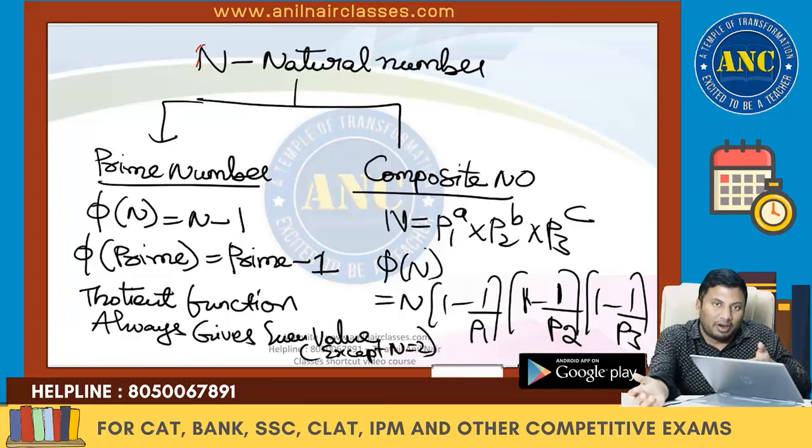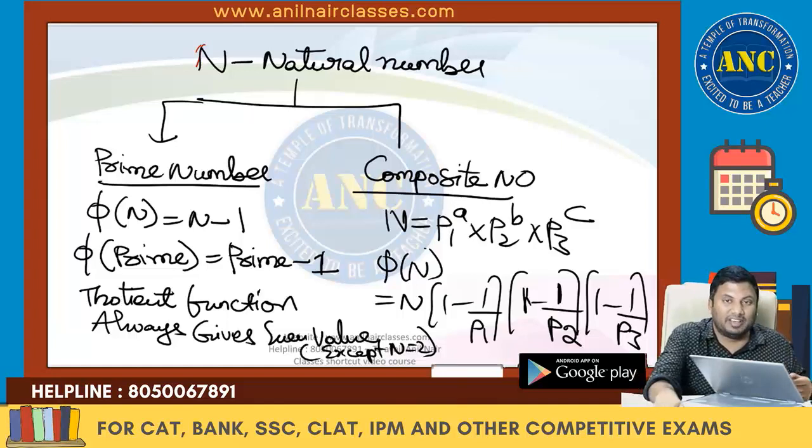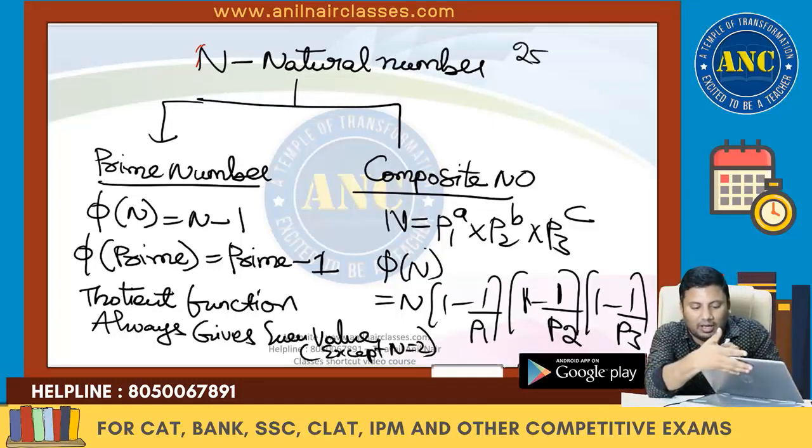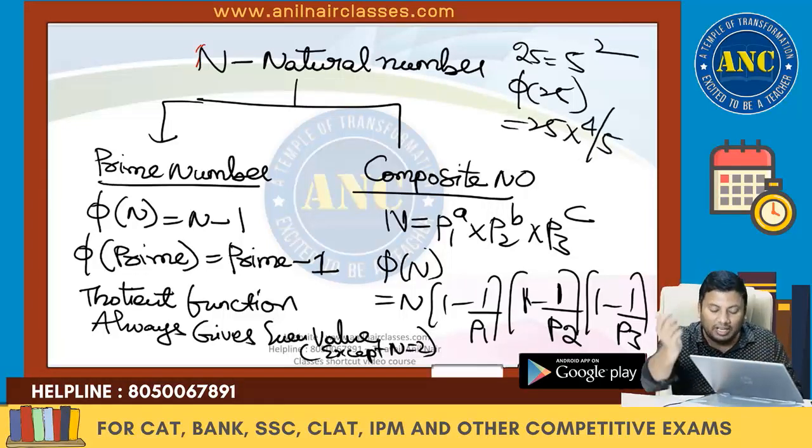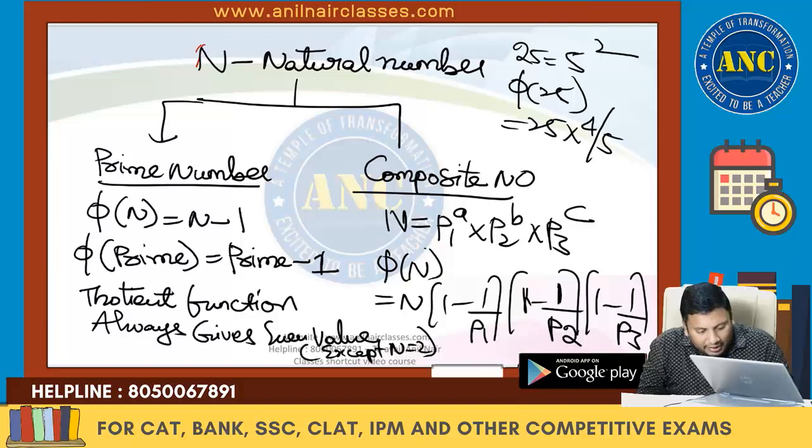Similarly here, we have taken 3 examples in the previous slide. Quotient of any composite number, I got an even number. Take some number that comes into your mind, check whether it is giving you an even number. 25 is 5 square. Quotient of 25 is 25 into 1 minus 1 by 5. It will give even because it is P1, P2, P3.